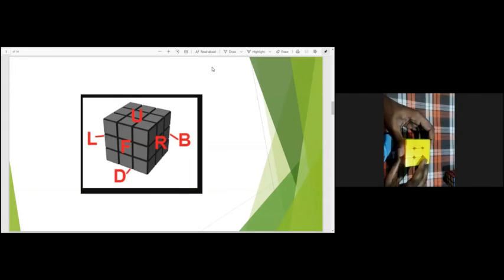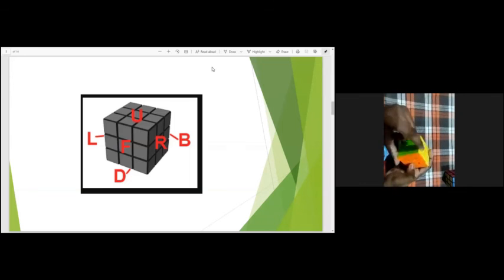Okay, this is right hand side. For R, you have to turn it in the clockwise direction. This is R. And for R inverse, you have to turn towards its anti-clockwise direction. This is R inverse. Same for the left. This is left, and for left, L is in clockwise direction, and L inverse is anti-clockwise direction.